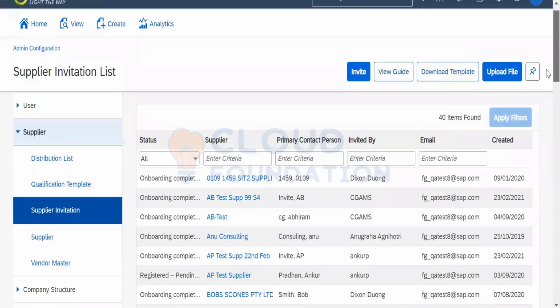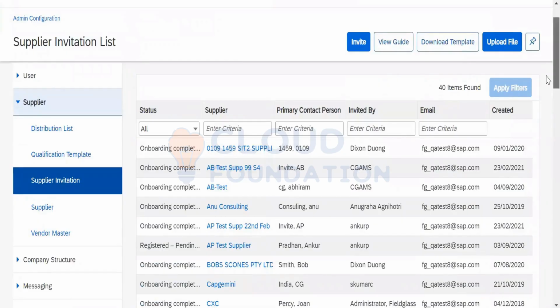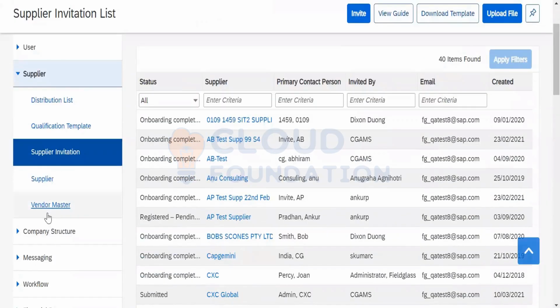This is the supplier invitation. When I hit invite in the vendor master, the supplier invitation will be sent. I can see that data here. However, if we have bulk vendors for whom the invite needs to be sent, we can do it through the upload.